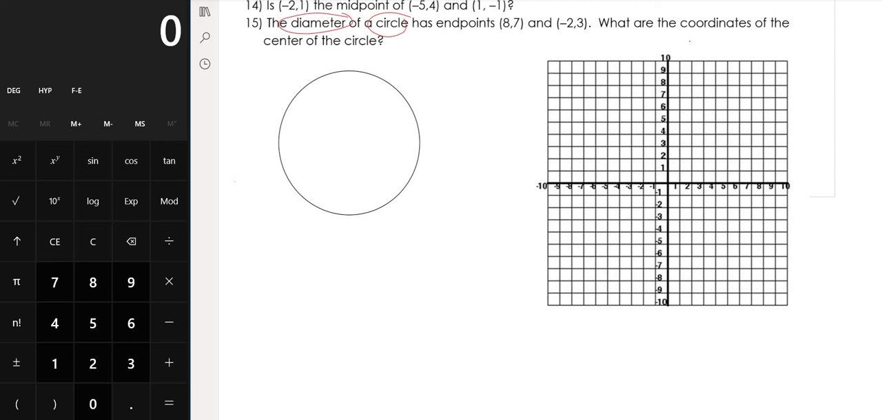Okay, so here's our circle, and we need to draw the diameter. The diameter is a line segment that cuts from one end of the circle to the other end of the circle, and it passes through the center. So that's our center point. So here's our visual, a diameter inside of a circle. That diameter has endpoints of 8, 7,